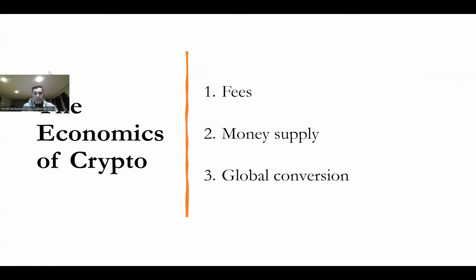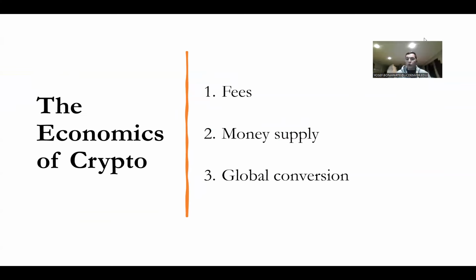And now we're going to talk about the economics of crypto. So how does crypto have value? Unique and limited. What was the problem? Even if it's unique and limited, you want to make sure that there is no double spending. If you have a unique and limited coin, that means there's a chance people might use your coin. But you need to make sure that if people start using your coin, there is no double spending. So Satoshi Nakamoto solved the double spending. And now we have a coin that's unique, limited, and there is no problem with double spending.